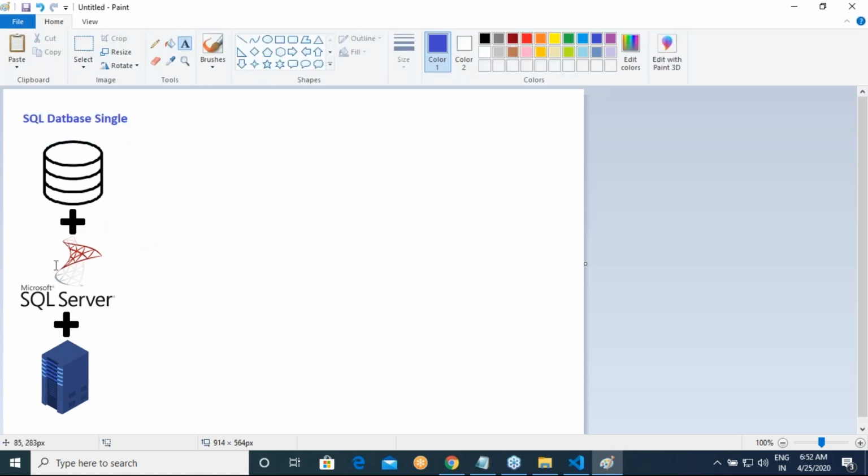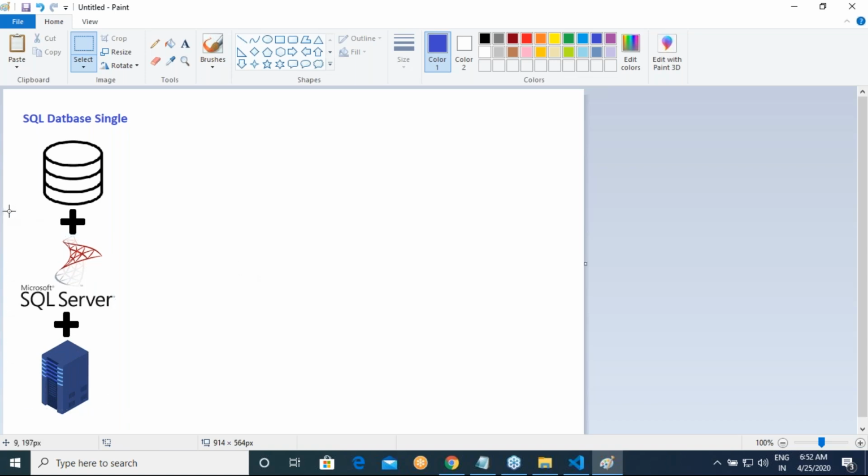The bottom two are managed by Azure, there is no doubt about it. But you will have a single database, a contained database. That's it.